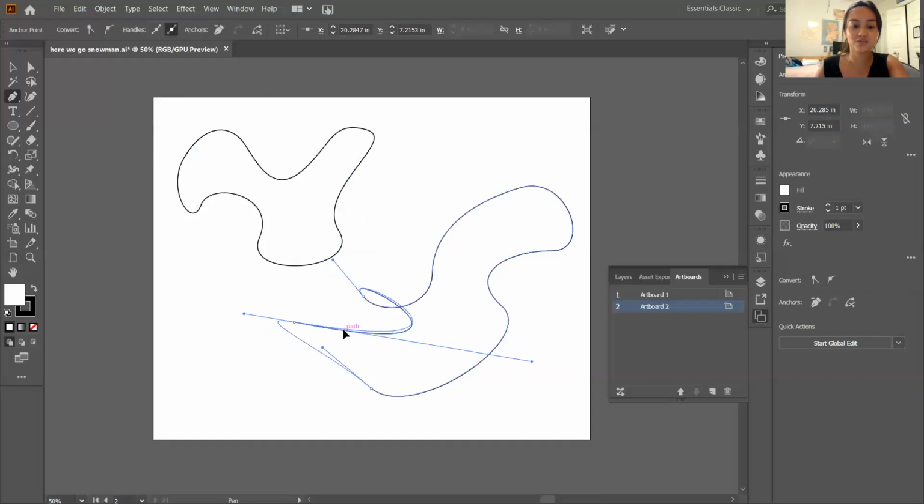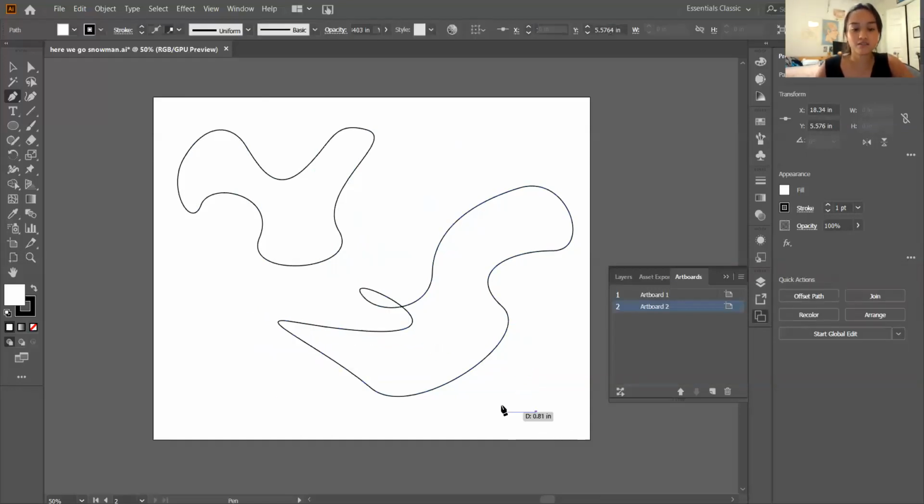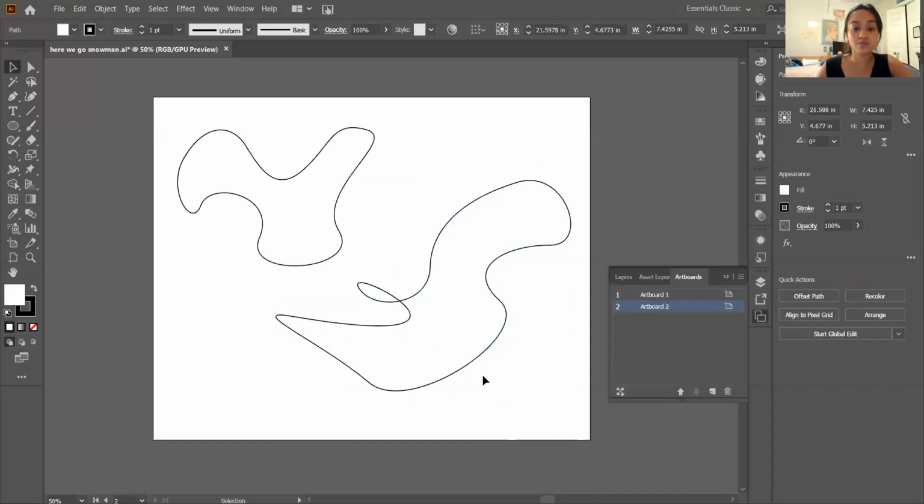So let's say I want to keep that section exactly the same. I'm gonna match it with its original. So the blue shows what the new thing will look like, and the black is what's already there. So I'm gonna try to match it as closely as I can right here. And there you go. Now this is a closed shape,